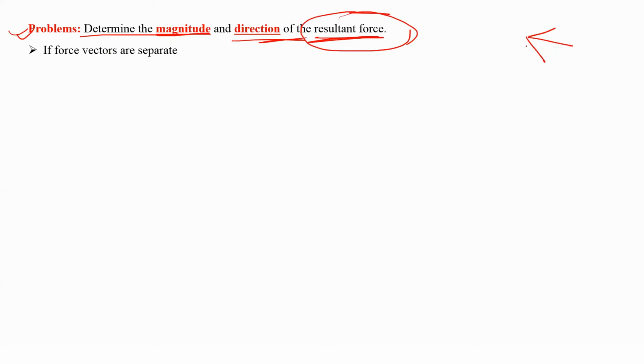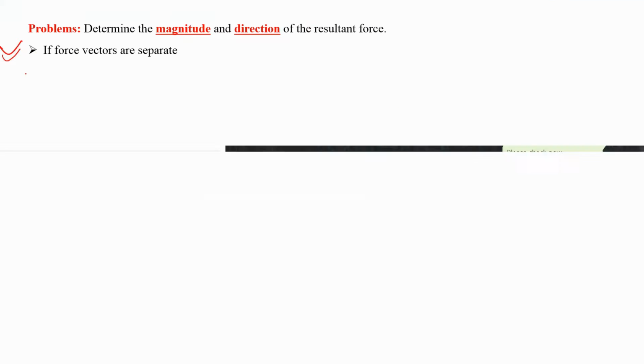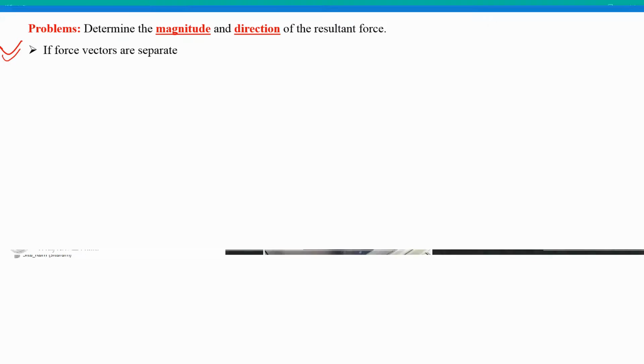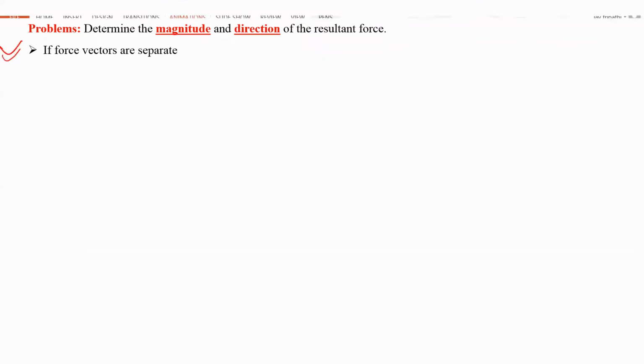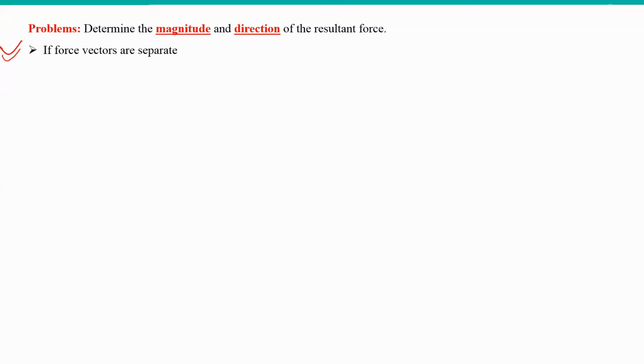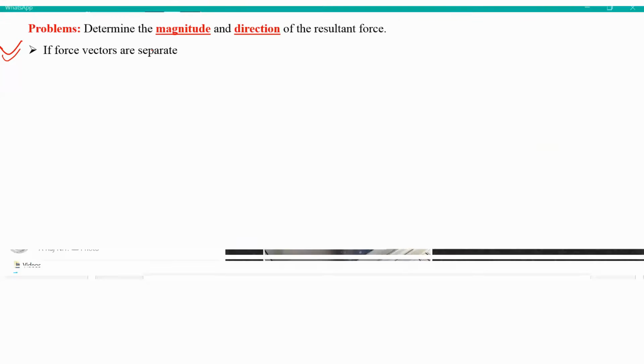That means you will get a system of forces, and you will need to apply the parallelogram theorem or triangle law for finding the resultant. So these many variations you will get. In the first variation, you may get all the forces provided separately. Okay, so you will face difficulty in bringing them to a single point where the lines of action of all the forces act. If all the force vectors are provided separately, then how will you draw the triangle, how will you draw the parallelogram? So that may be one problem of this equilibrium of points.